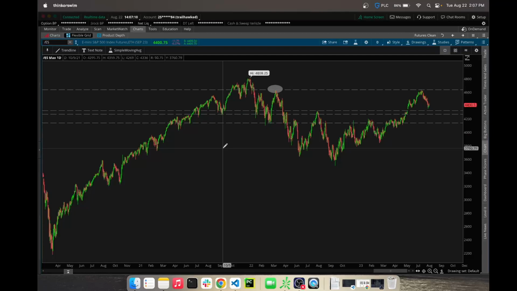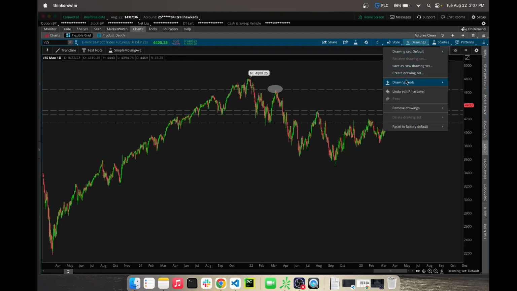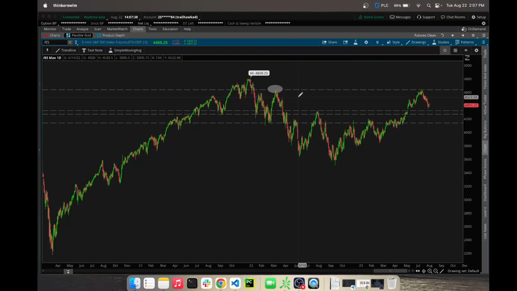Can any of these be turned into a zone? If we look at and try and identify what really indicates a change control zone versus support and resistance, support and resistance is best utilized when you have very decisive and aggressive moves out of that area and it's not constantly broken with traffic going through it, right? So what I mean by that is